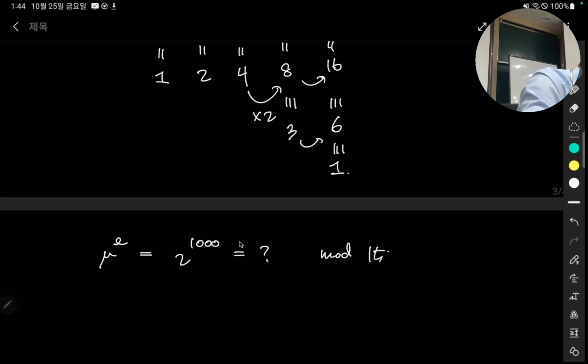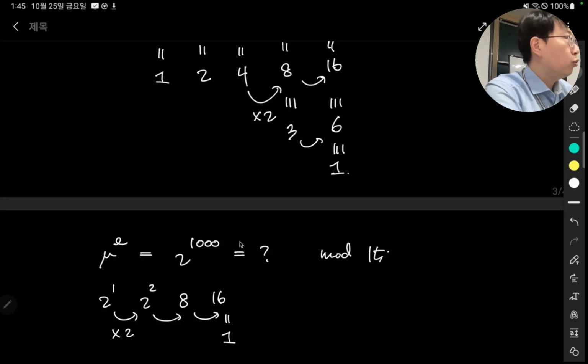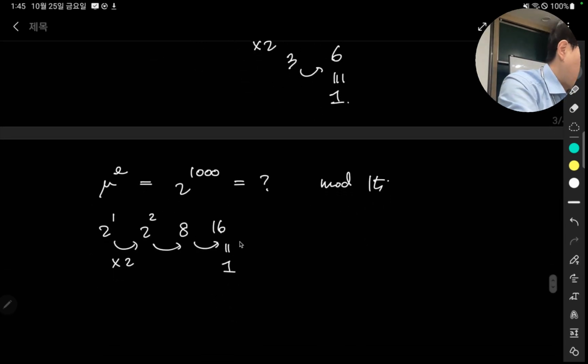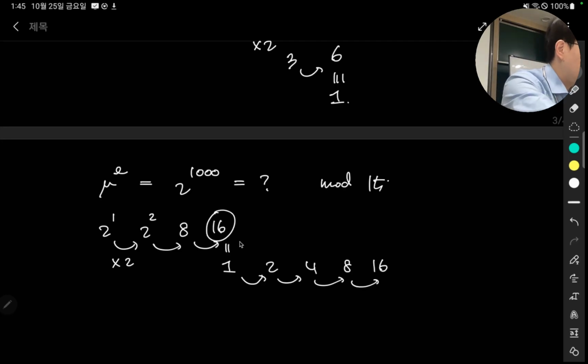So therefore, what we're doing here is taking 2, so that's 2 to the power of 1, and keep doubling until you get 4, 8, and 16, and now 16 actually becomes 1 again. So from now on, you're not going to take the 16 anymore. You're starting over with 1. So you get 2, 4, 8, 16 for the next term, and then you keep doing it 1,000 times, and you get the modulo. Okay. And there is also another way of doing this, because the 1,000 can be considered as